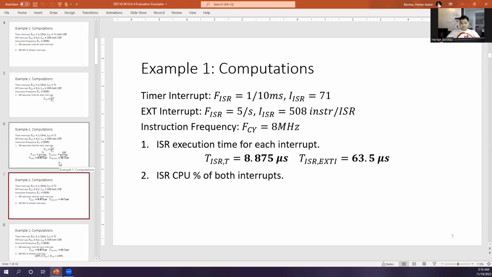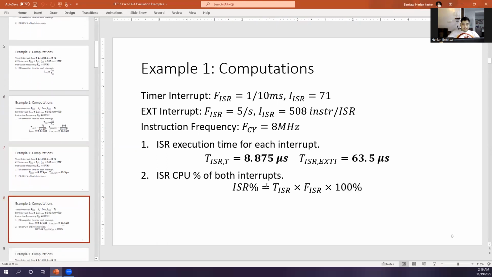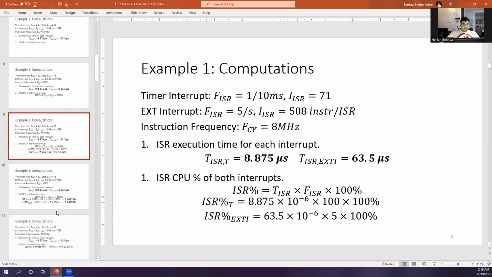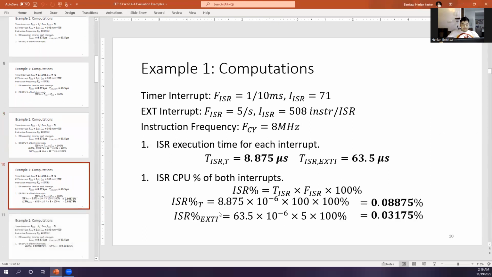For the CPU percentage, since we already have the execution time per interrupt, we just multiply it by the frequency of the interrupt. So 8.875 times 1 over 10 milli, times 100. And then we have 63.5 times 5. So for the timer, we actually get 0.08875%. And then for the external interrupt, we have